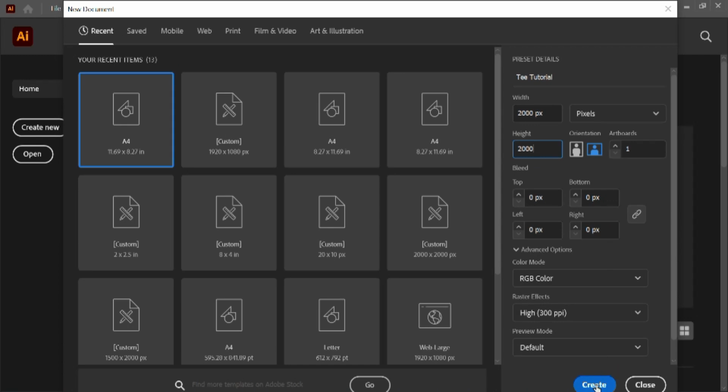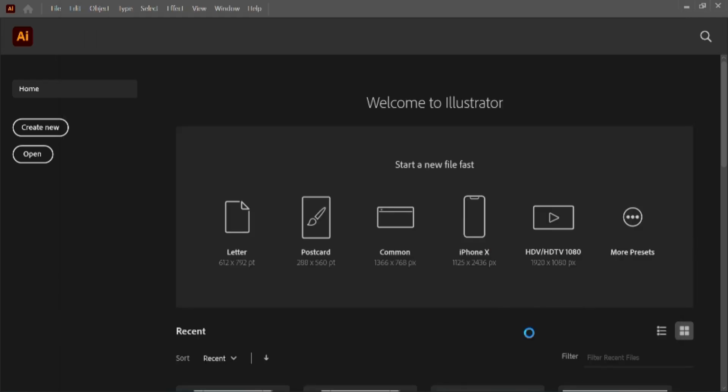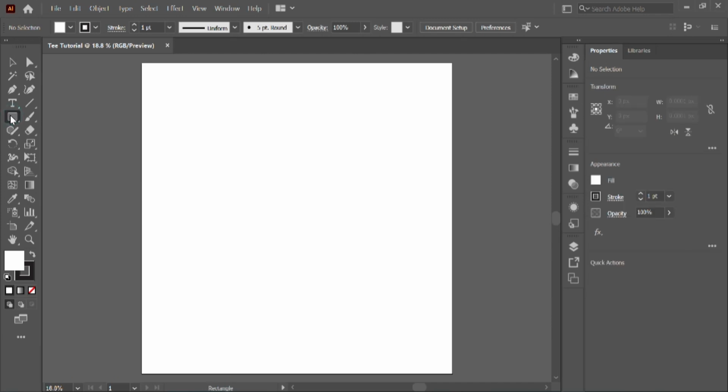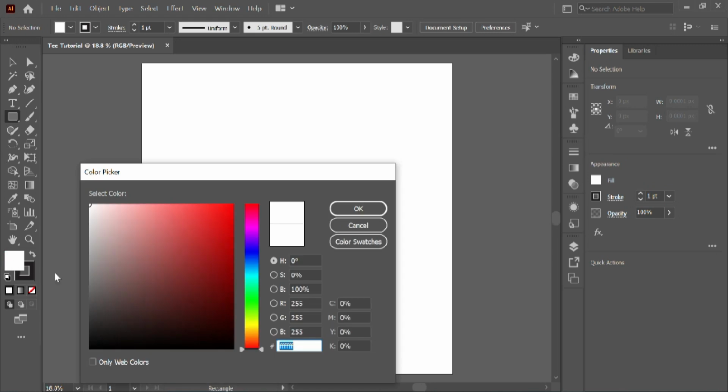So I'm gonna head on to clicking on create. It's gonna take me some time. Yeah, then I have it like this. So since I have it like this, the next thing I'm gonna do is to create the line, which is a kind of square shape. So quickly, I'm gonna head on to my shape tool, which is this. Then I'm going to change the color to, let's say,